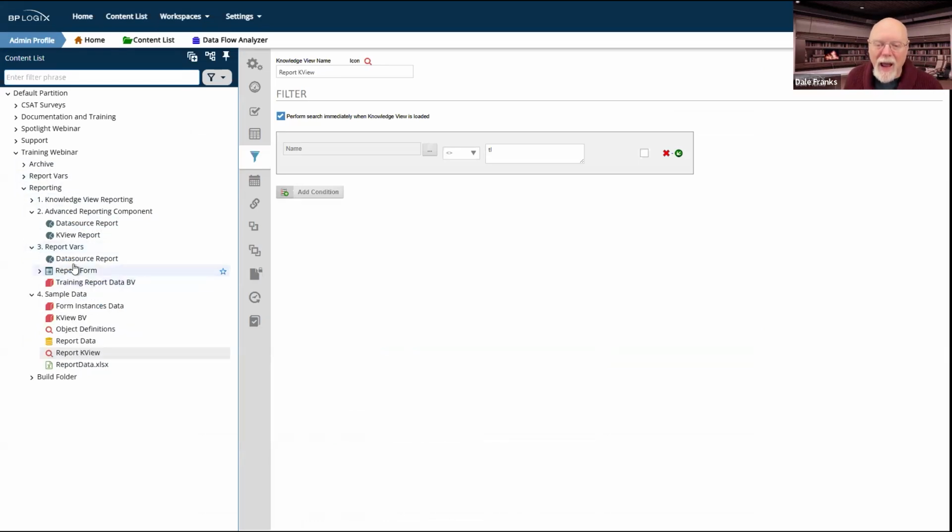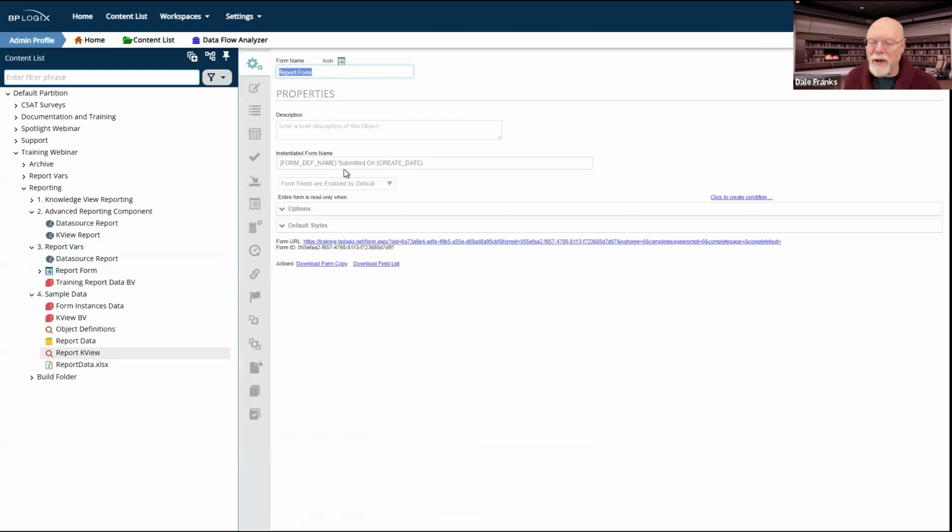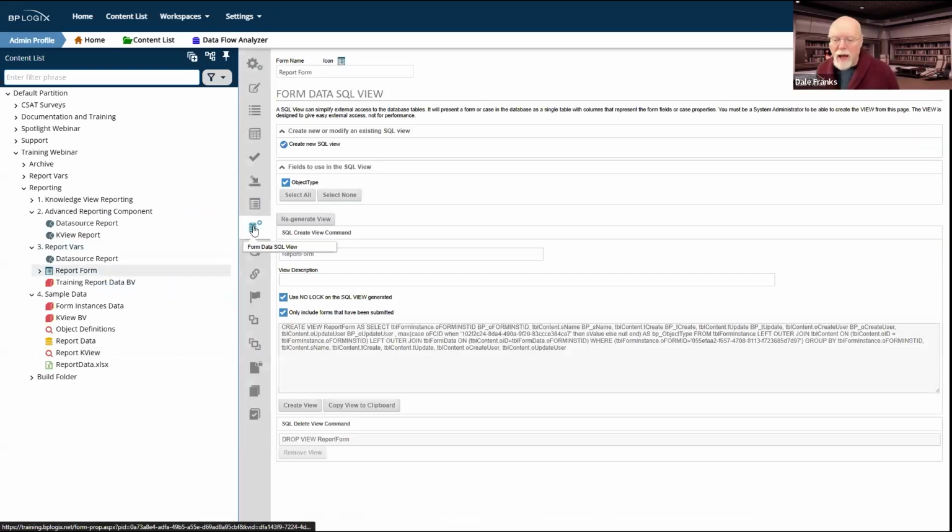So I have a form here. Let's take a look at a form definition. On the form definition, you have the Form Data SQL View tab, and that tab enables you to create SQL views that return all of the data from all of the form instances, and you can access that directly in the database.